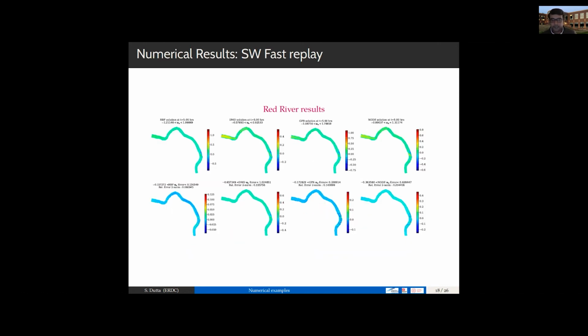And then finally, for the full order solutions, we look at an intermediate time, which is 5 hours. Again, the left column is RBF. This is TMD solution. This is GPR, and this is node. The errors are pretty much what we have noticed before in terms of the characteristics of